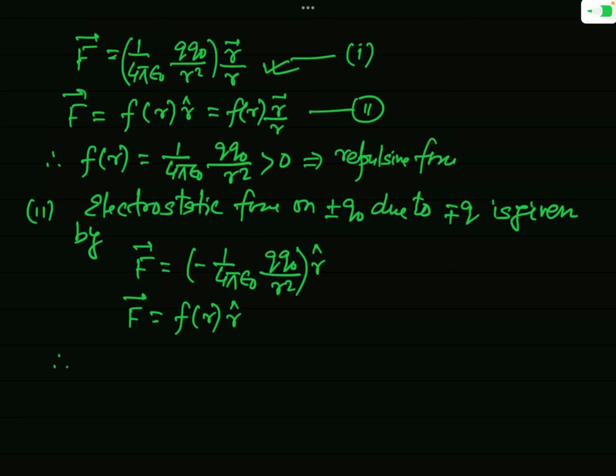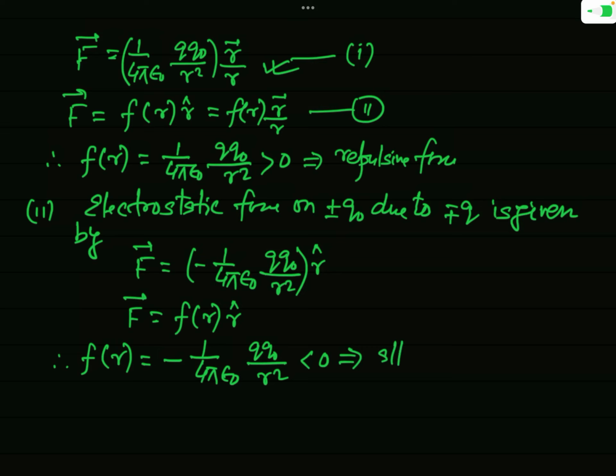But what is F of R here? You can see this F of R is equal to minus 1 over 4 pi epsilon naught Q naught over R square, and this is less than 0, that is negative, and this implies that this central force is an